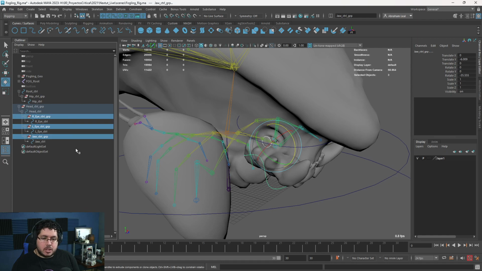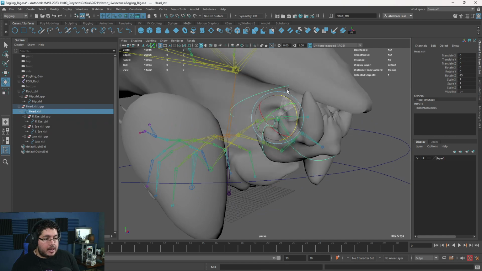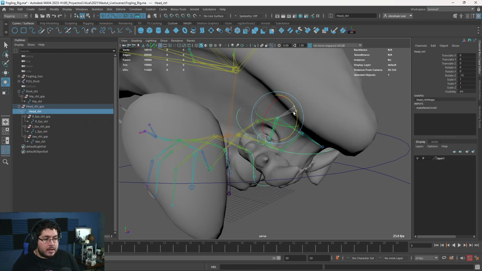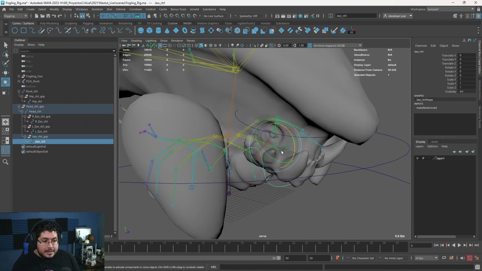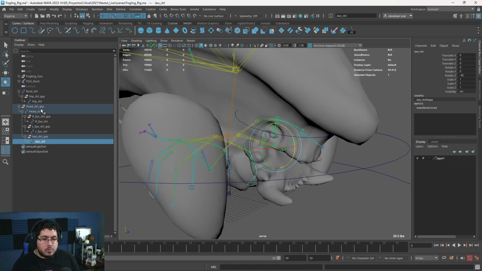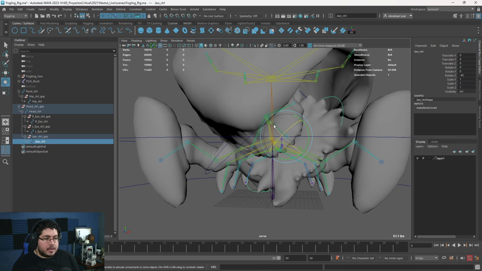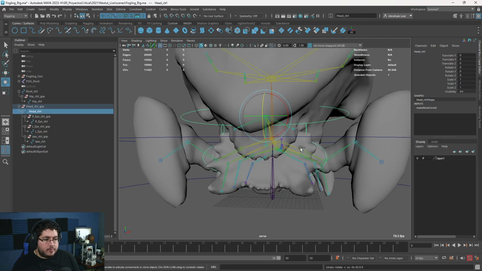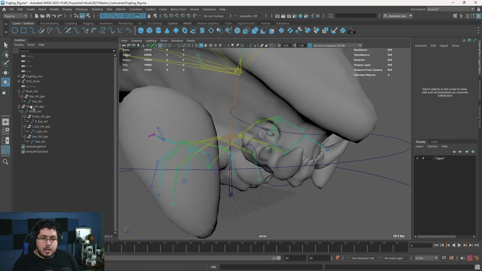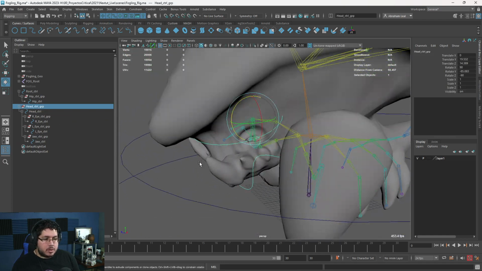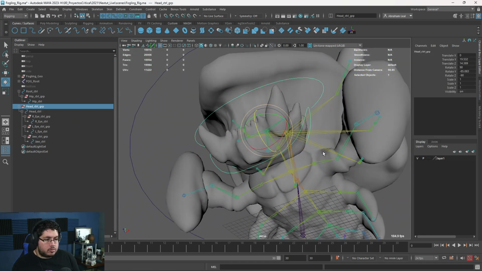Okay, here's where people mess up. They start connecting things where they're not supposed to go. In this case, the groups, we don't delete the groups, we don't get rid of them. They are going to be directly parented to the head control. So now, if the head control moves, all of the head is going to move as well. And I can still go to each individual part and move it around. So I can move the head, for instance, like this, and then I can move the jaw like this, okay? It's very important. So the head control is pretty much done. That's it. That's all we need to do.